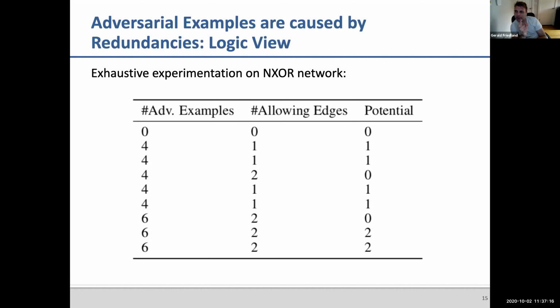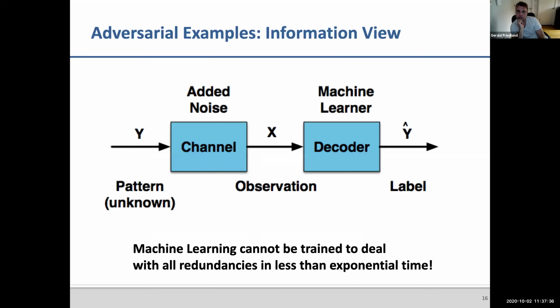So redundancies create adversarial examples, and the only way here, pretty much, to not have adversarial examples is to not add the noise, to actually make all the noise exactly 0. And of course, that is extremely hard to achieve. You would need the perfect model.